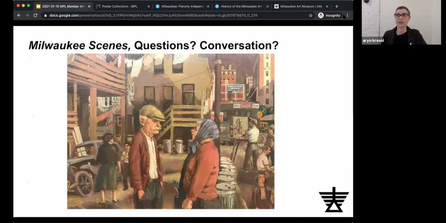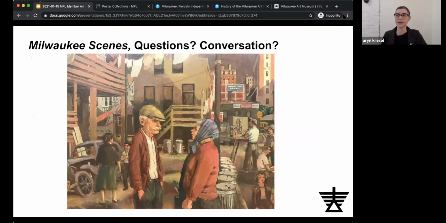The Wisconsin Painters and Sculptors exhibition and award was a huge help in narrowing in on artists that I might not have already been aware of in our collection. Also thinking about, we do have a lot of works by Wisconsin and Milwaukee artists in the collection that are on view in the galleries, but looking for things that are sort of unexpected.